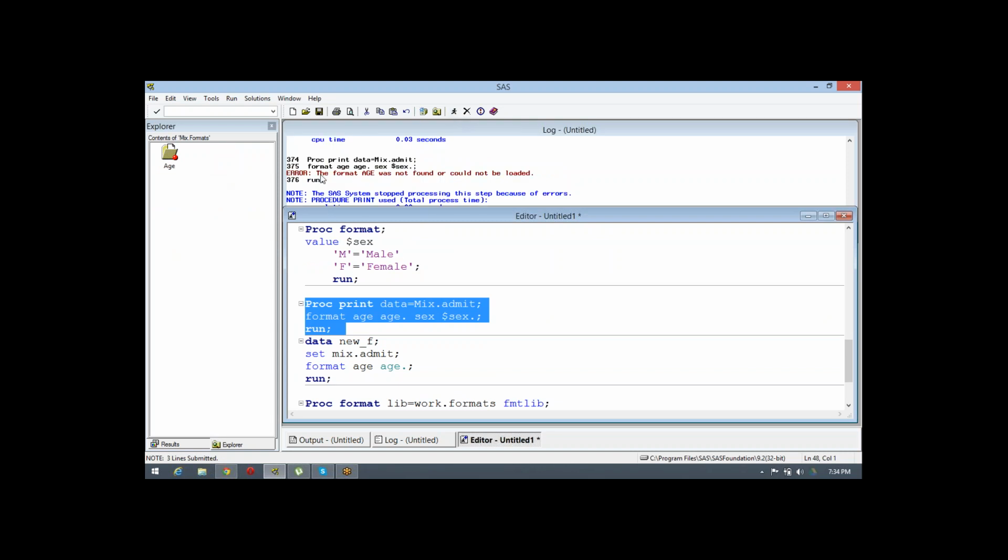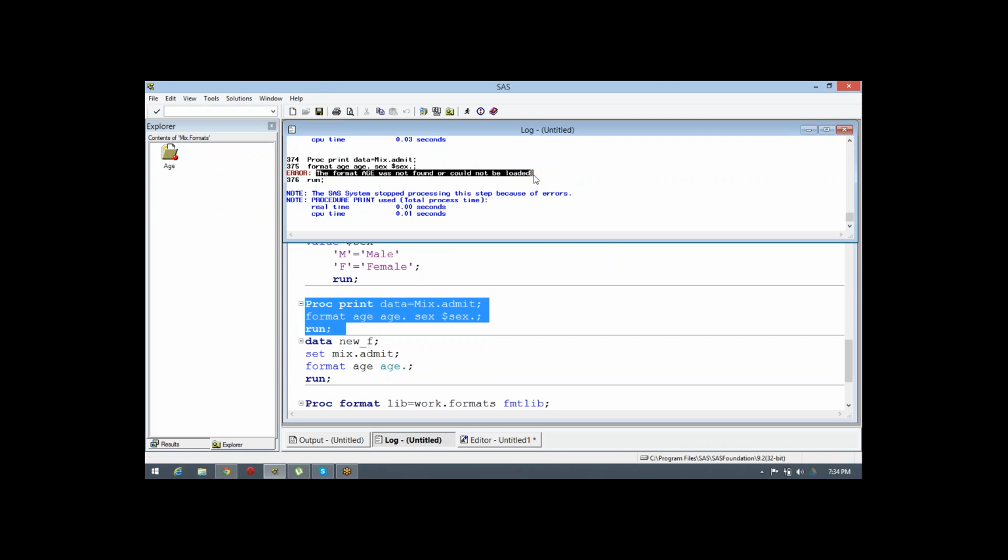what happened? The format age was not found or could not be loaded. The default behavior to find a user defined format you have created is that it always searches from the work library.